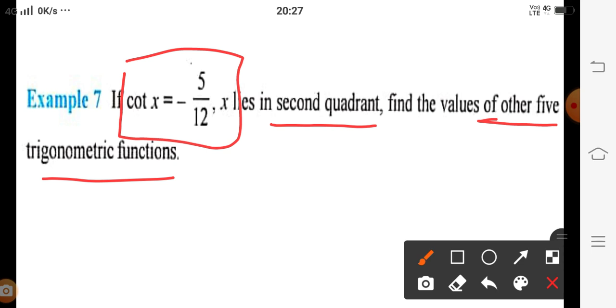If we have cot x, then we can easily find tan x, because tan x is the reciprocal of cot x. And with the value of cot x, by using the identity cosec square theta minus cot square theta equal to 1, we put the value of cot in that and easily get the value of cosec. And if we have the value of cosec, we can get sine as the reciprocal of cosec. This type of concept we have to use for finding the values of t ratios.